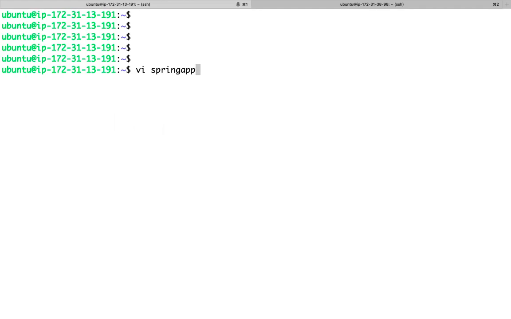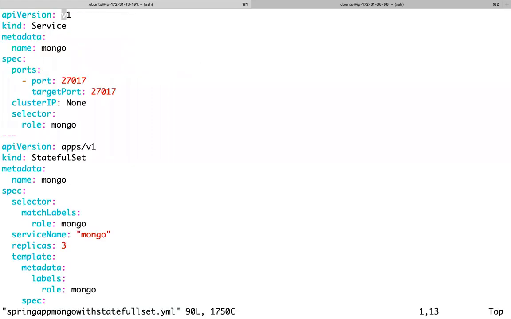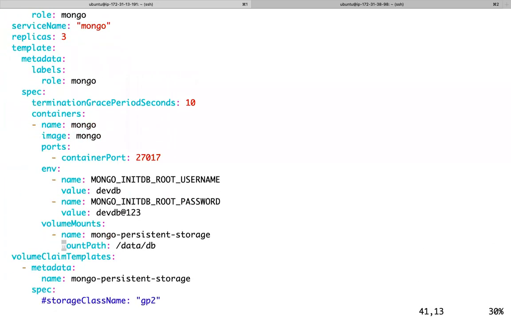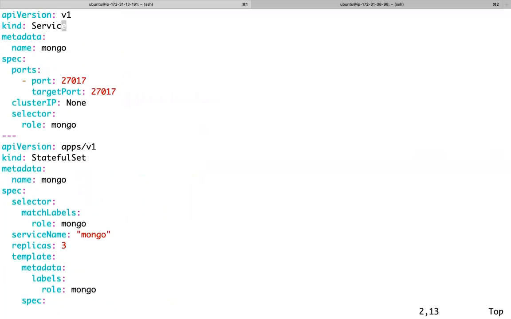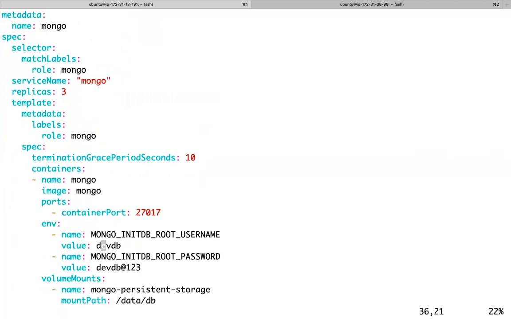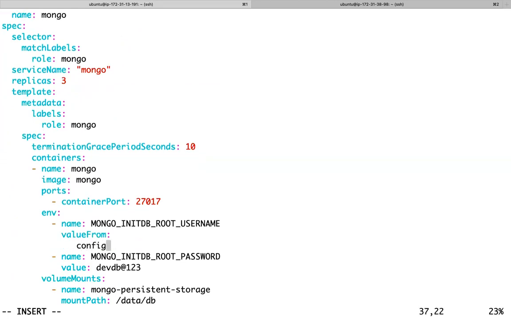Suppose without creating a config map, let me take some application. Let me take this one itself. Now, instead of hard coding here, something like this, I will say value from config map key reference.